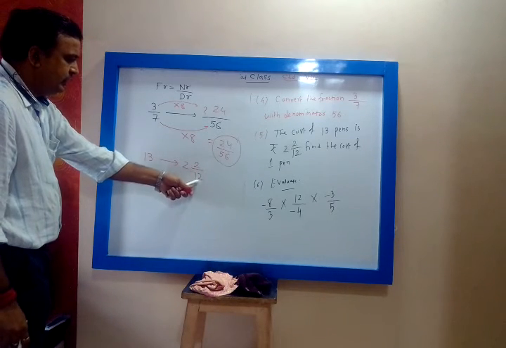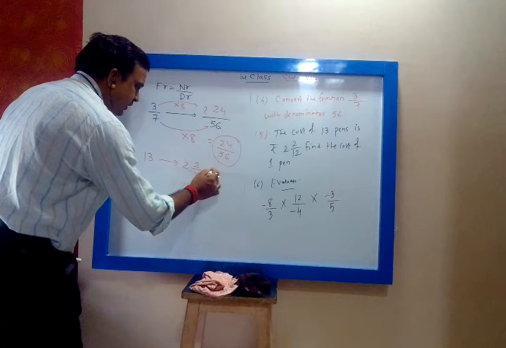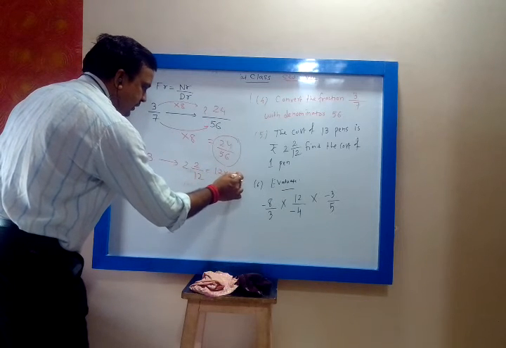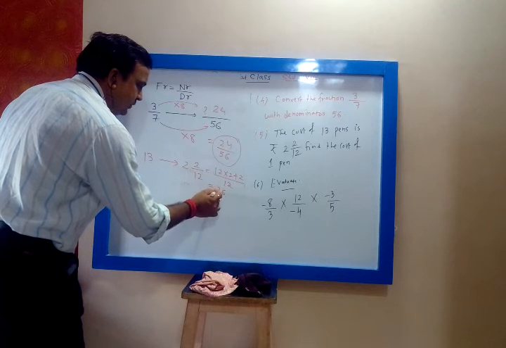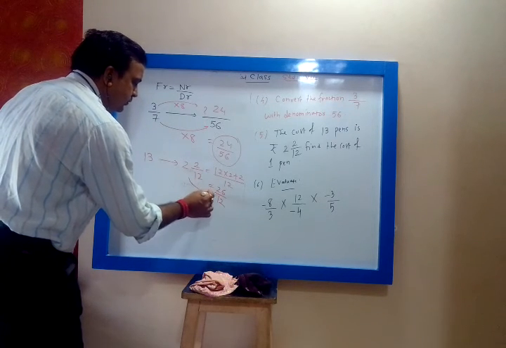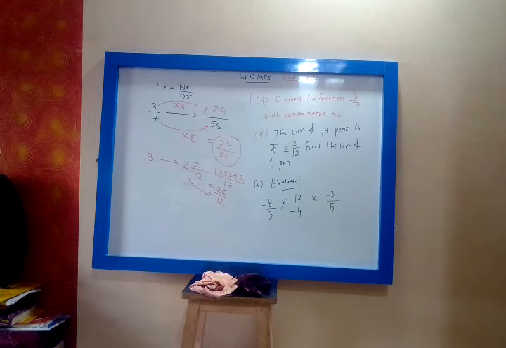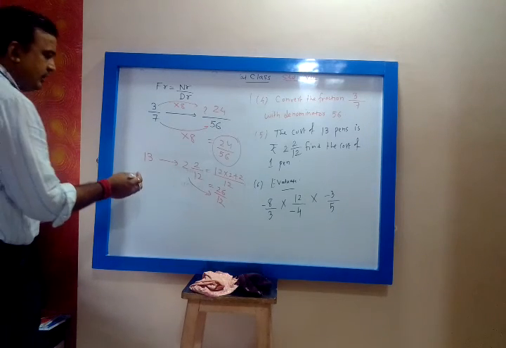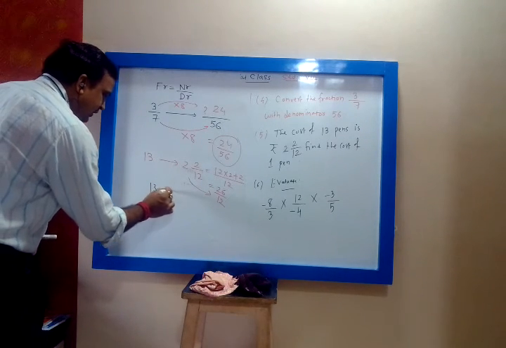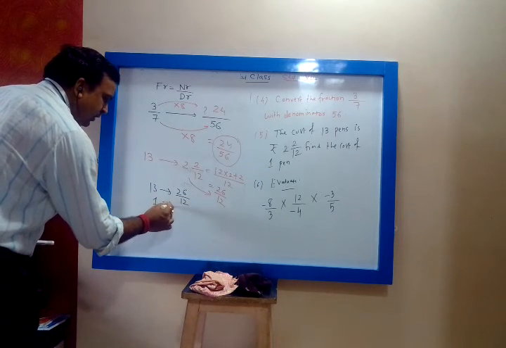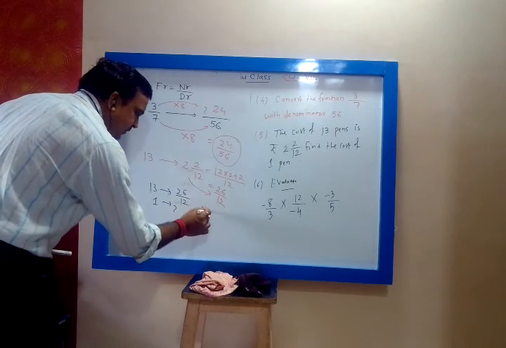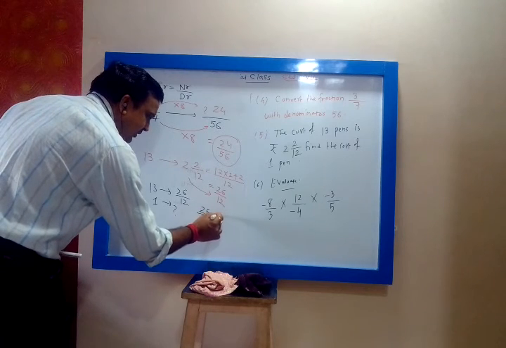So you have to multiply 12 by 2, add 2. So that is 12 into 2 plus 2 upon 12. 12 twos are 24, 24 plus 2 is 26 upon 12. So 2 and 2 by 12 I can write as 26 upon 12. So the cost of 13 pens is 26 by 12. So what is the cost of 1 pen? I have to divide 26 by 12 by 13.